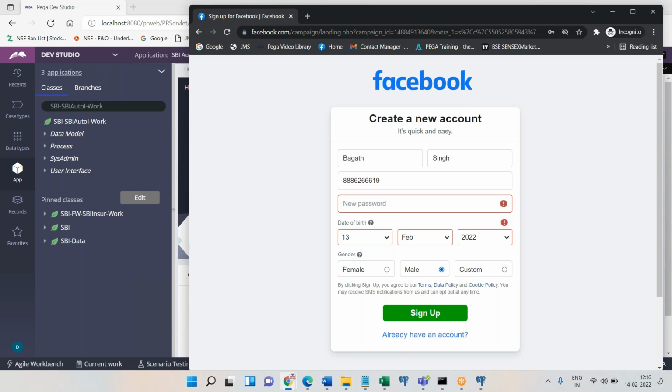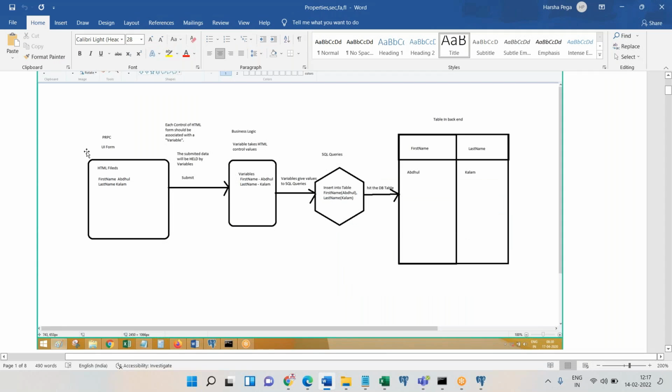Suppose if you go to ATM, it is going to display some user interface and it accepts user inputs from the customer. User will provide the input to the form. Data what you are providing in the form will be held by controls. So now if you look at the diagram, this is the UI form in this diagram. The data whatever that you are going to input to the system will be held by HTML controls in the